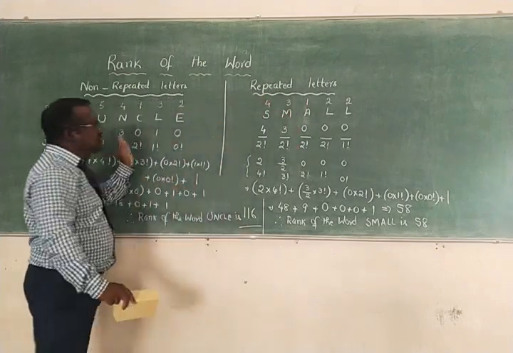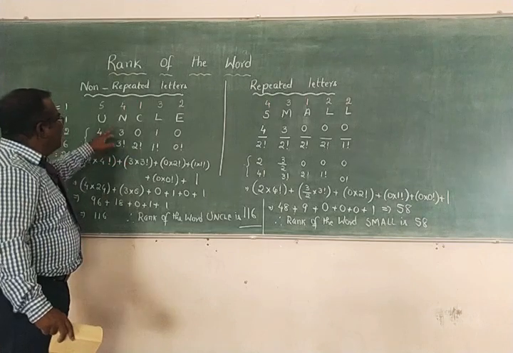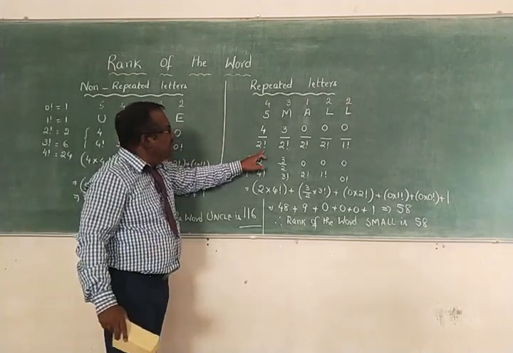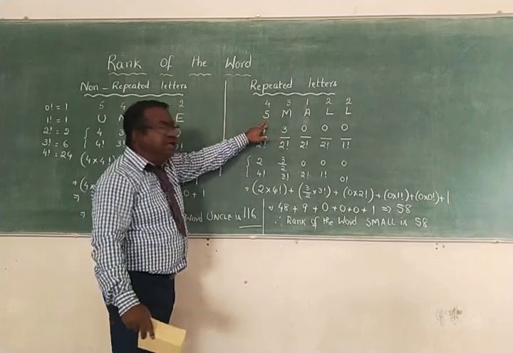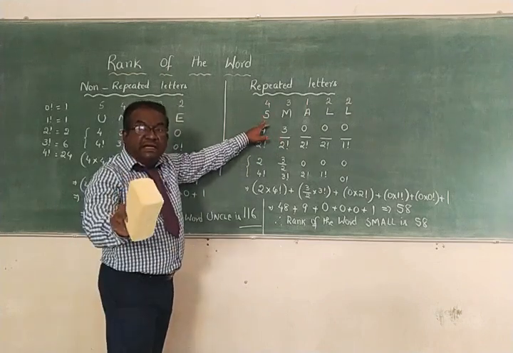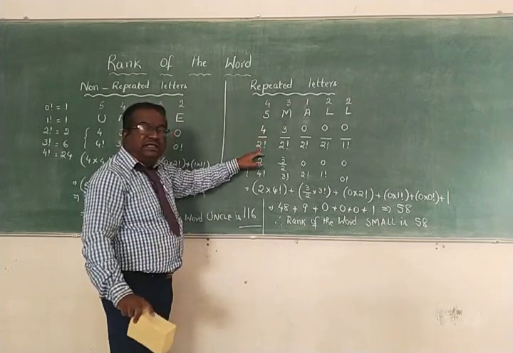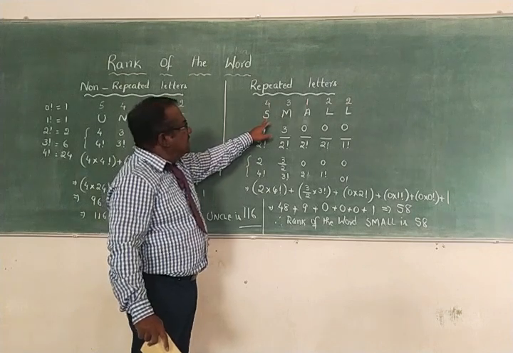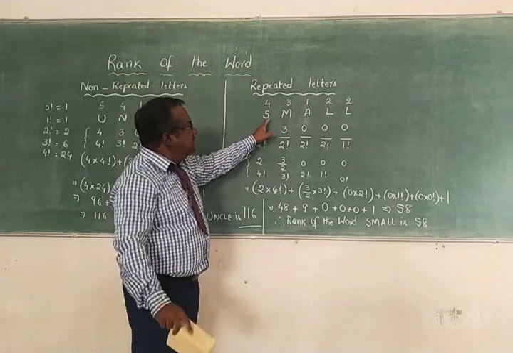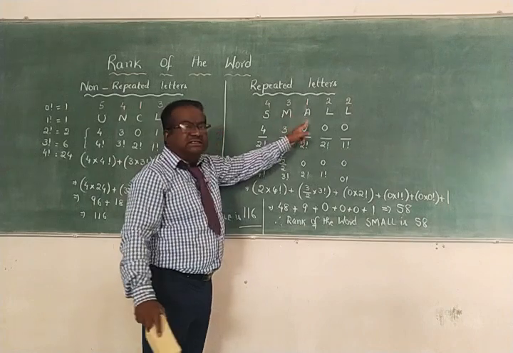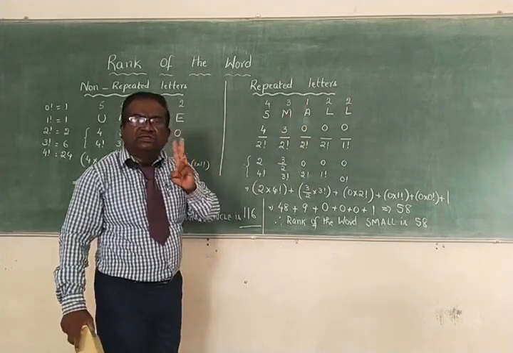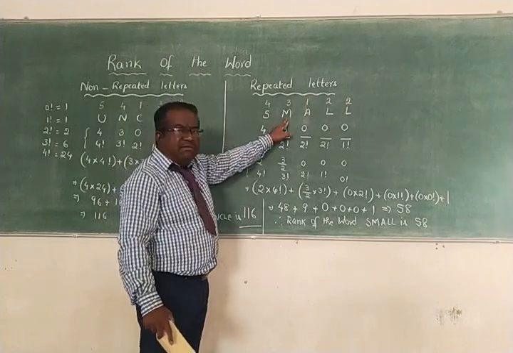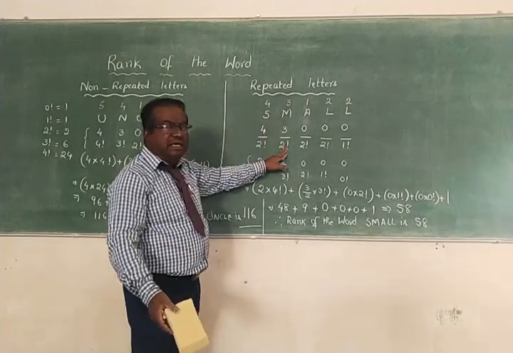But the difference in these two is, here we have not written in the denominator, but here we have written in the denominator the repeated letters including that letter. The repeated letters including that letter, we should write in the denominator, children. So starting from S, including S, how many letters are repeated? Only L, 2 are there, so we have written 2 factorial. Including M on the right side, 2 L's are there.